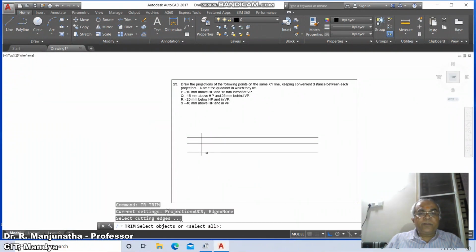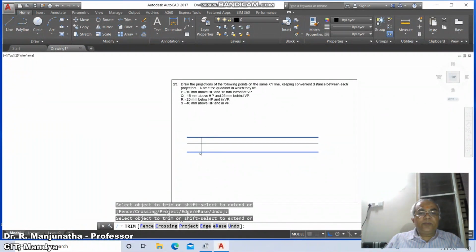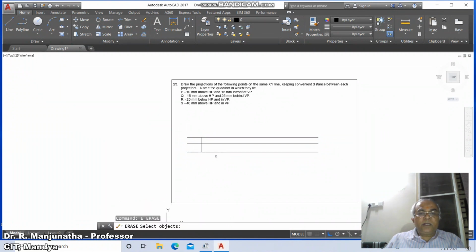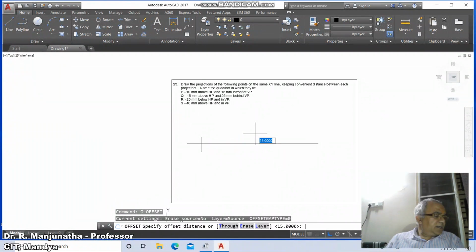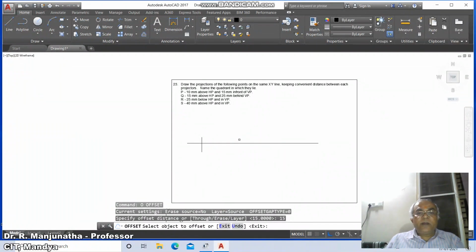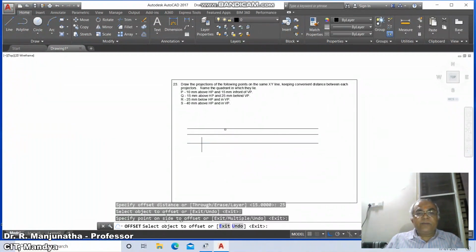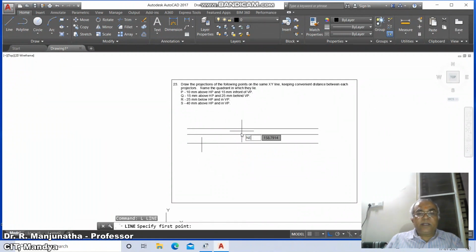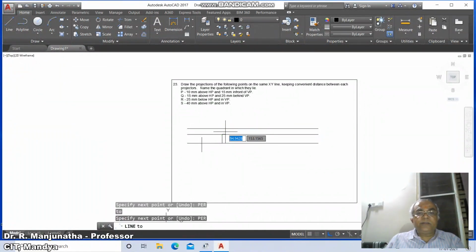So go to trim, take these two as the cutting edges and remove the other side which you don't want, and then go to erase and select these two. Now again go to offset, take the distance as 15, and from here take the distance as 15, again take the distance as 25, and from here go to line, take nearest point on this and take perpendicular to this and again perpendicular to this.